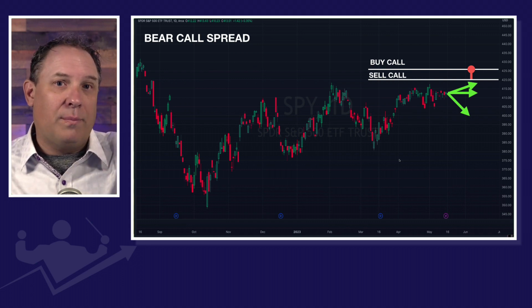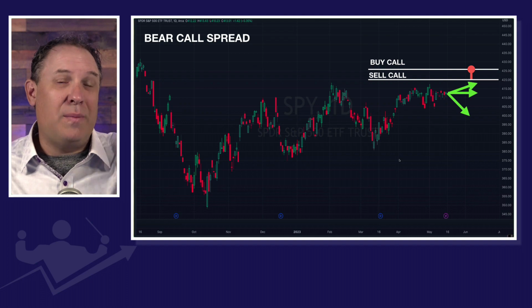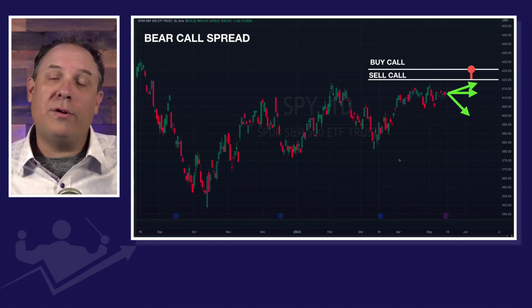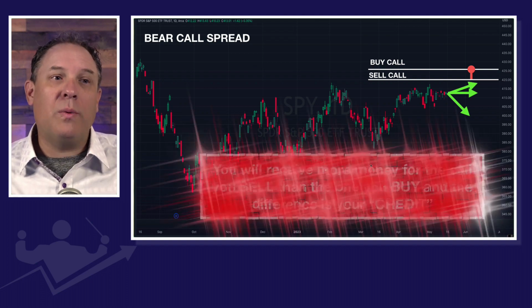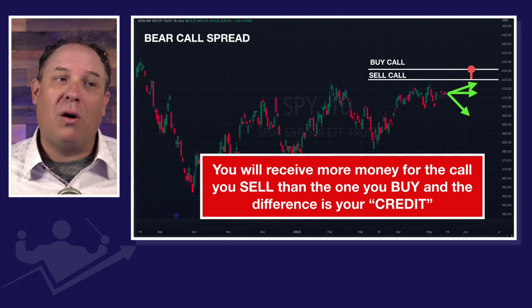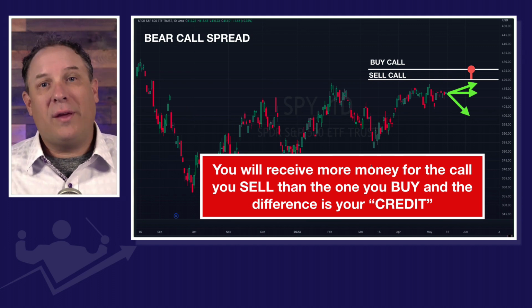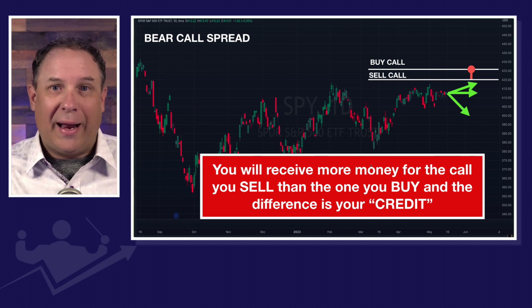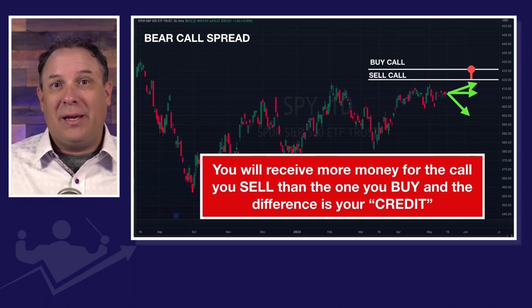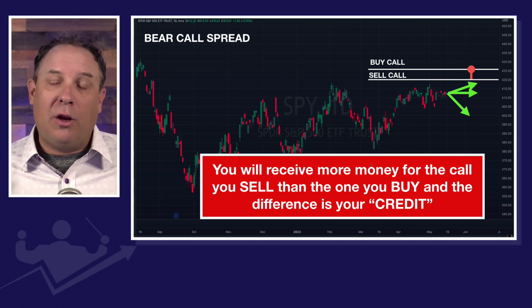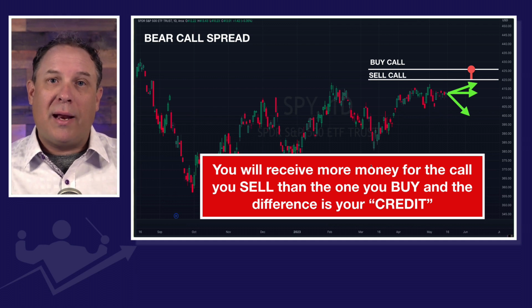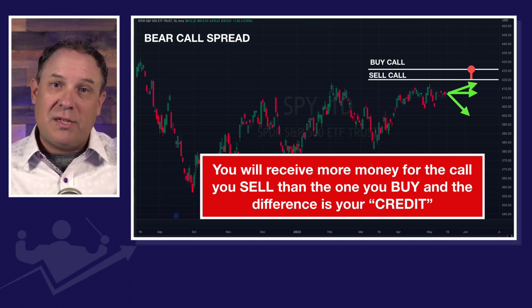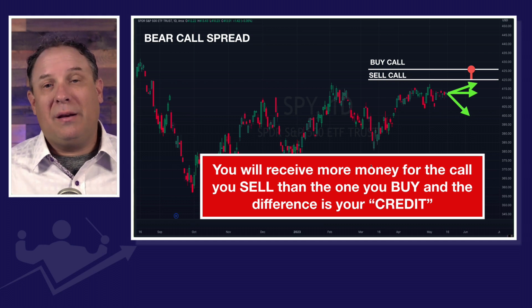Because the call that you're buying is higher, it's going to be cheaper than the call that you're selling. You will receive more money for the call that you sell than for the call that you buy. And that difference is your credit. That's the amount of profit that you're going to get on the trade. Hence, we call it a credit spread because you get paid that credit. It's the difference in the money that you sell and the money that you spend for the option that you